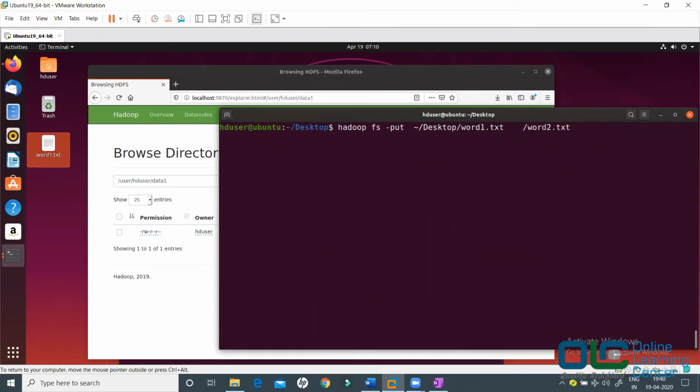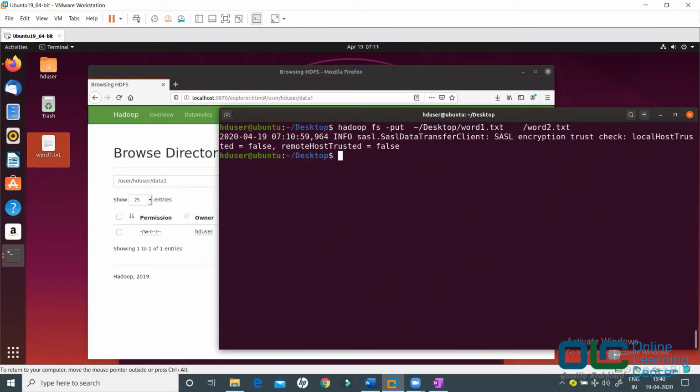Now look into this command very, very carefully. The difference here is that this path is okay, but this path is not a partial path. This is a complete path because you have written / here.